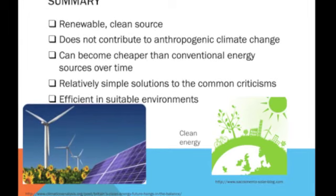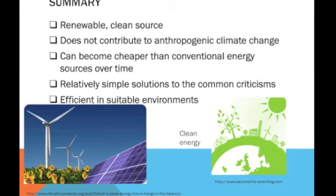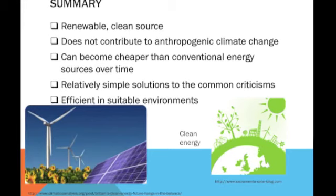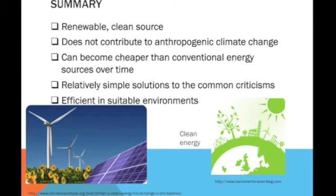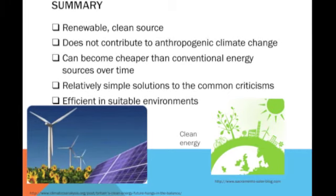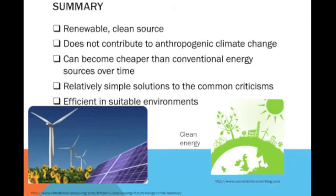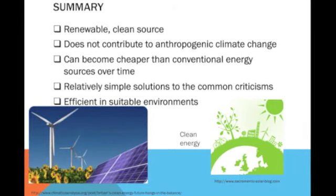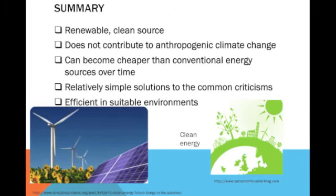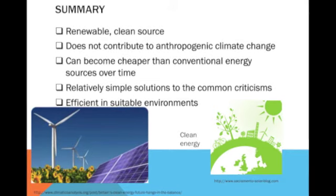Though the initial investment cost of solar panels is expensive, you end up paying less for the energy itself each month so that you can earn back your initial investment. It is even possible to make a profit depending on different factors. As we discussed before, each of the common criticisms of solar energy has simple solutions and isn't as major as some people think. We cannot consider solar energy in a vacuum. Rather, whether or not solar energy is efficient depends on the location of the solar panels, the technology used, and the amount of financial incentives given. If solar technology is improved,